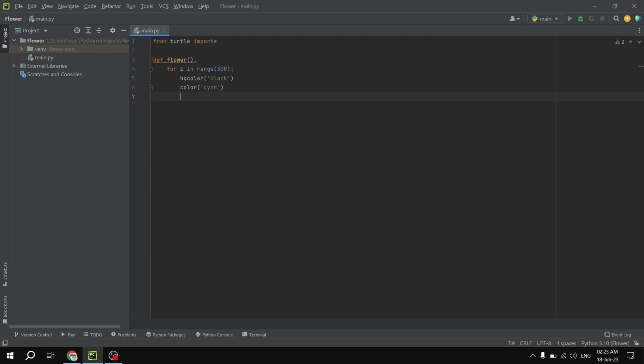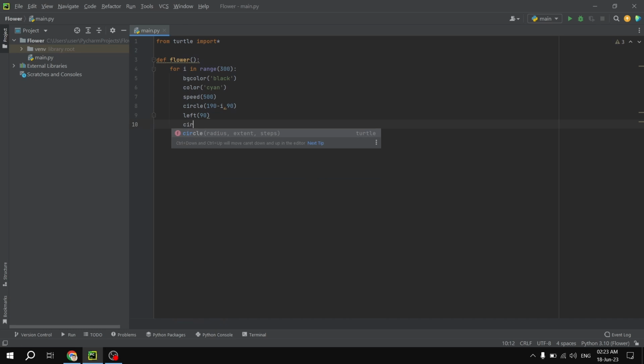After this we are going to define the speed, which is 500, and then we are going to draw a circle. It's going to be 190 minus i, and then again 90. Then another one, we are going to say left, and it's going to be 900, and then another circle with the same parameters. Afterwards we are going to say right, left, and then it's going to be